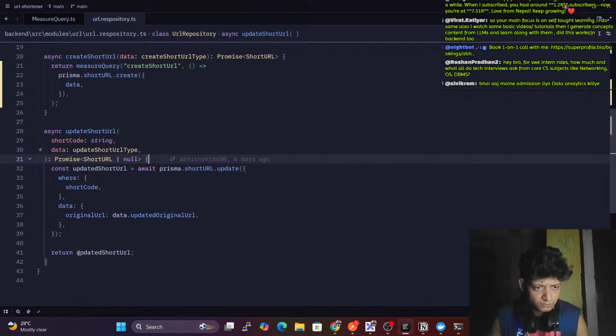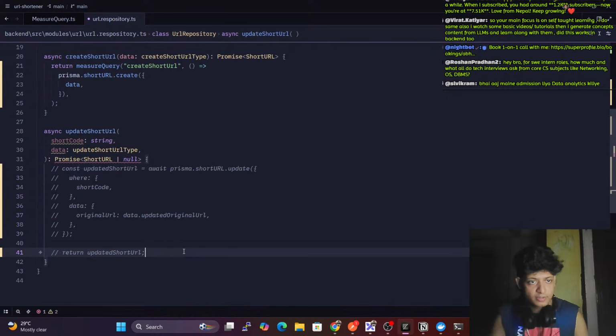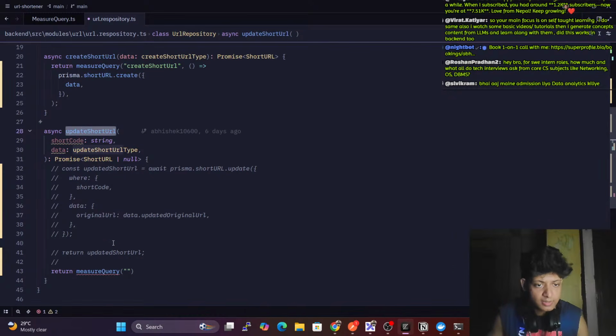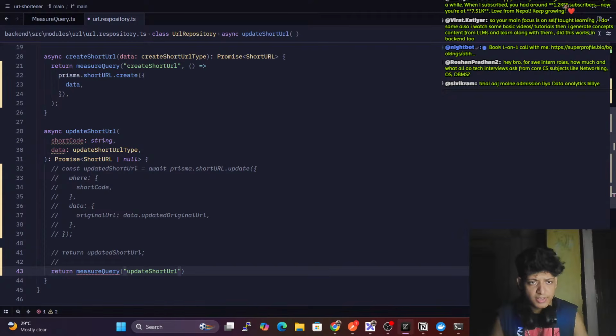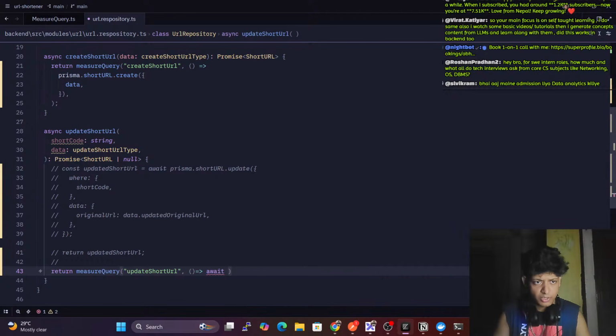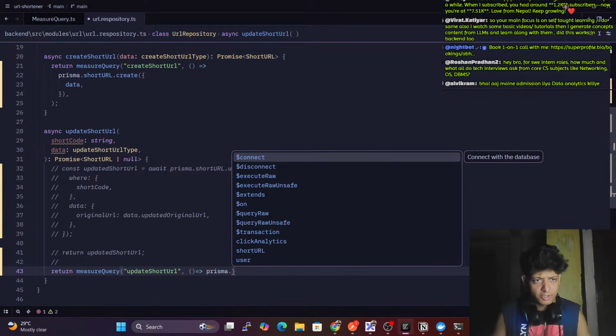Comment this entirely, and here go return measure query, go here and paste it, copy it from here, paste it here, go here, right, and then do this. We don't need to put await here because we are returning, we are going to do prisma dot